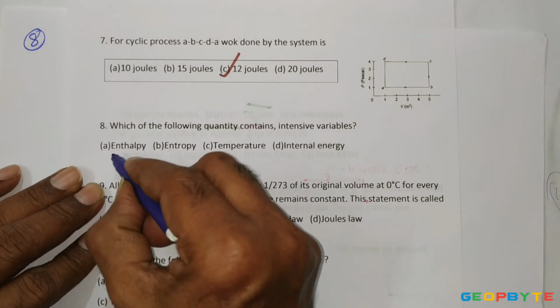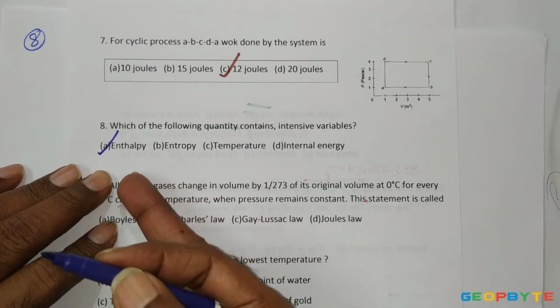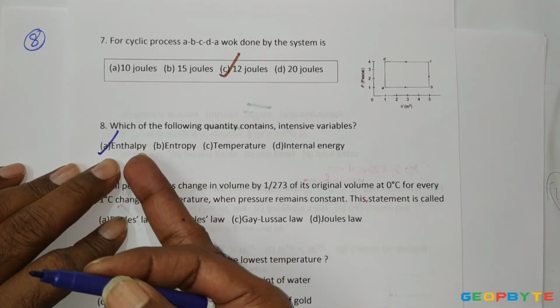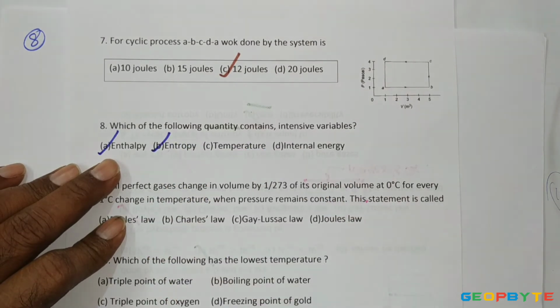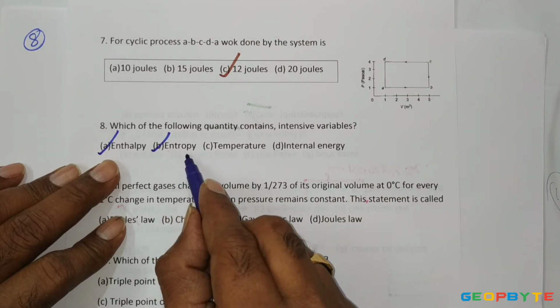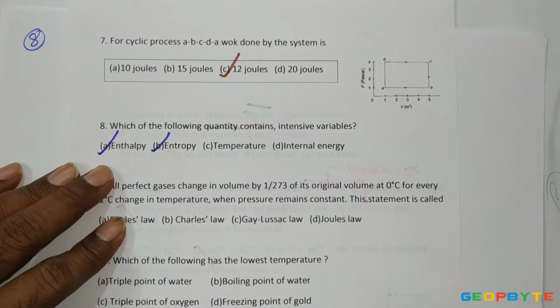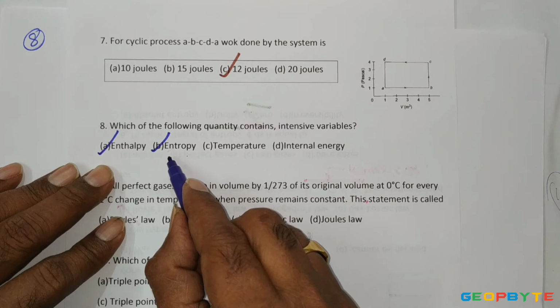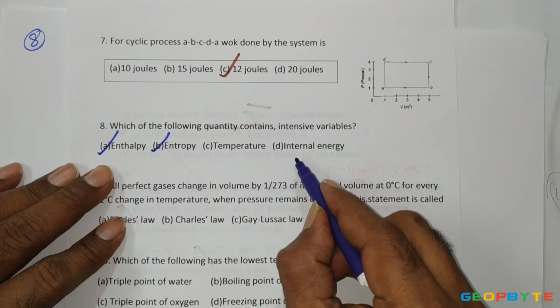Look at the quantities. Here enthalpy is an extensive property. It is not clearly given as specific enthalpy, so here enthalpy means you have to consider it as total enthalpy. Similarly, total entropy: though it is given just as entropy, it should be treated as total entropy. If it were a specific quantity, it would be written as specific entropy, specific enthalpy, specific internal energy. Specific enthalpy, specific entropy, and specific internal energy come under intensive properties.